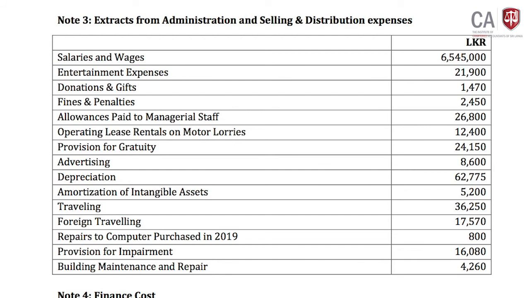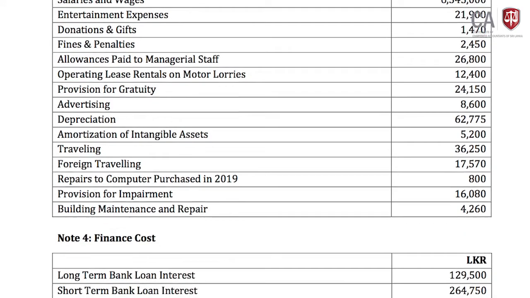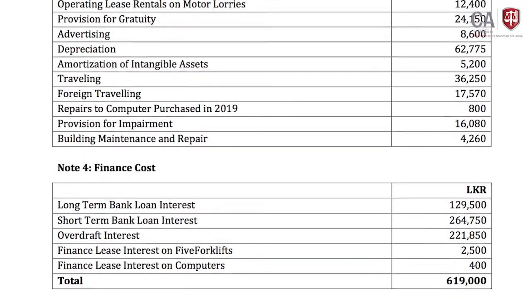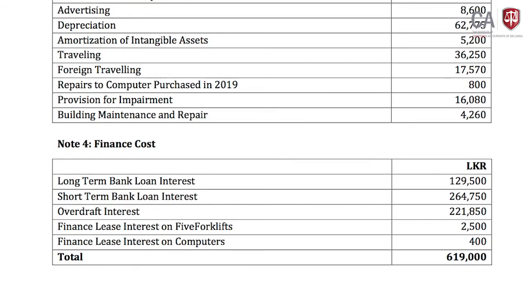Then building maintenance and repair, there is an issue. Building maintenance, no issue. If it is incurred for the production of income, it is revenue nature expenditure, not a capital nature, then it should be an allowable deduction. But there is the wording of repair. Now what to do? Under section 14, we have to apply.